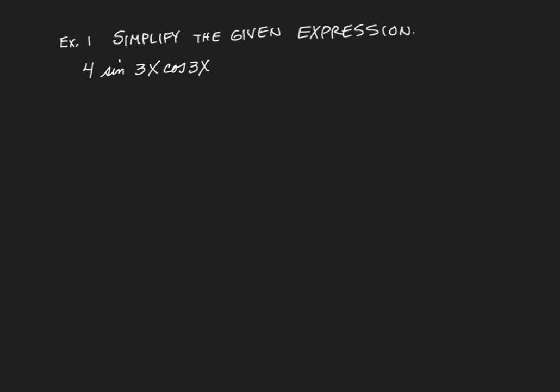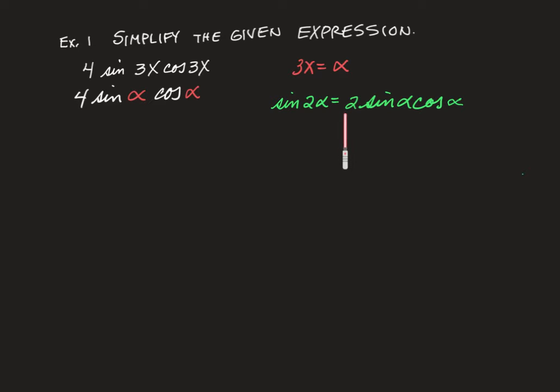And in both cases, I'm looking for the sine of the angle 3x and the cosine of the angle 3x. Therefore, I'm going to let 3x equal alpha and rewrite what I have there. Now that I have it in that form, I'm going to refer to my reference sheet. On my reference sheet, I don't see 4 times the sine of alpha cosine alpha, but I do see this. I can find this 2 sine alpha cosine alpha